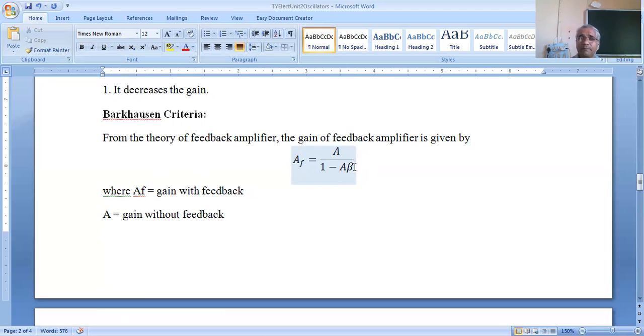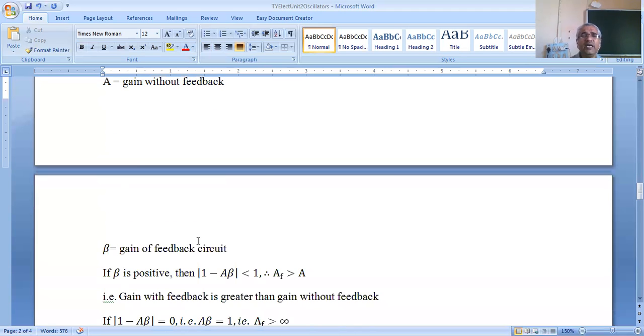आणि बीटा जो आहे, beta is the gain of feedback circuit. आपण बघितलं ब्लॉक डायग्राम मध्ये की त्या ठिकाणी टँक सर्किट आहे, एम्प्लिफायर सर्किट आहे आणि फीडबॅक सर्किट आहे. तर बीटा काय, gain of feedback circuit. Remember AF is the gain of the amplifier with feedback, A is the gain without feedback and beta is the gain of feedback circuit. Now the beta of the feedback circuit, if beta is positive, समजा आपण हा बीटा पॉझिटिव्ह घेतला तर A आणि A minus beta